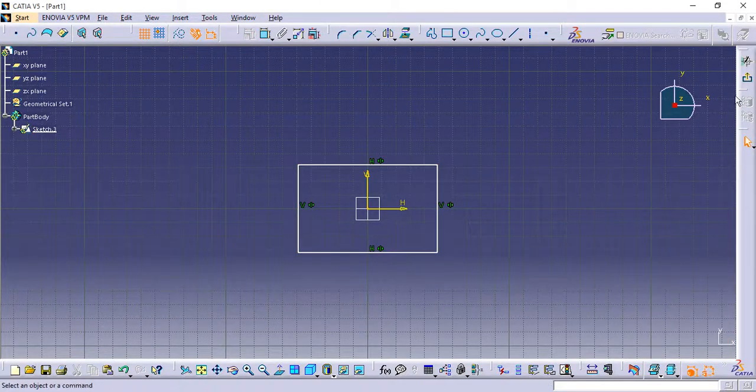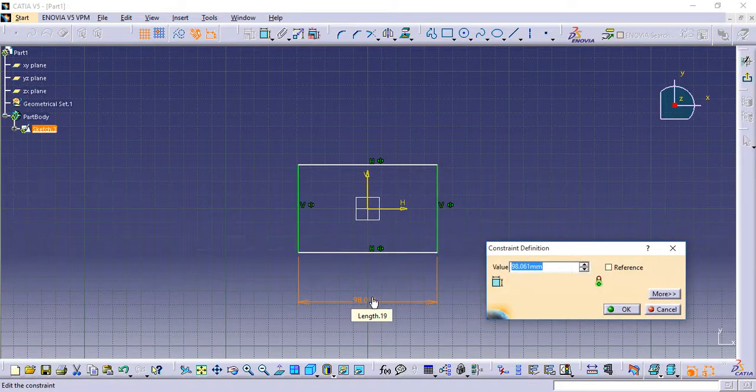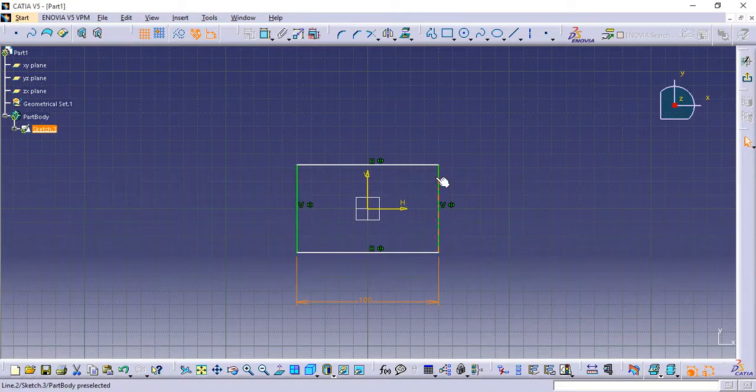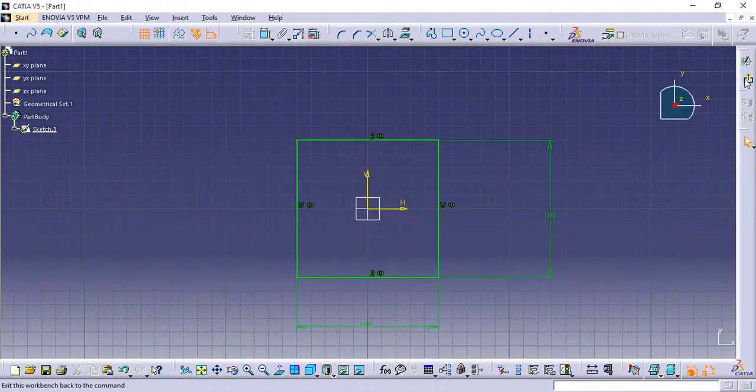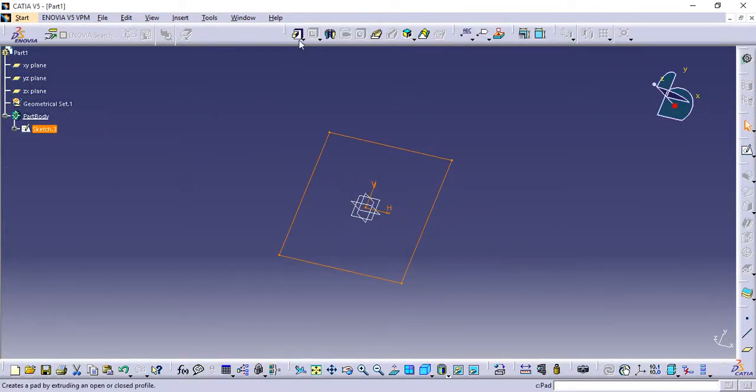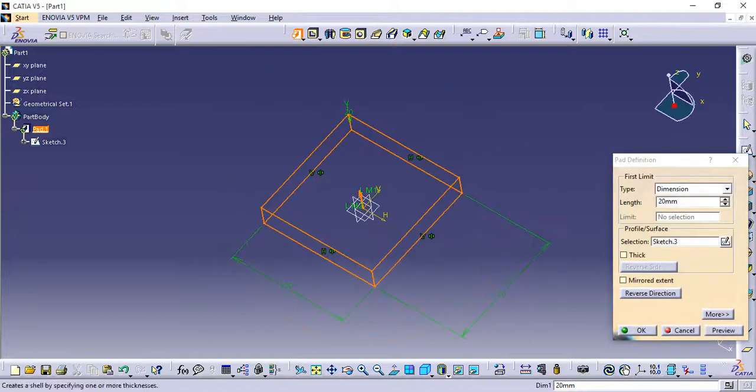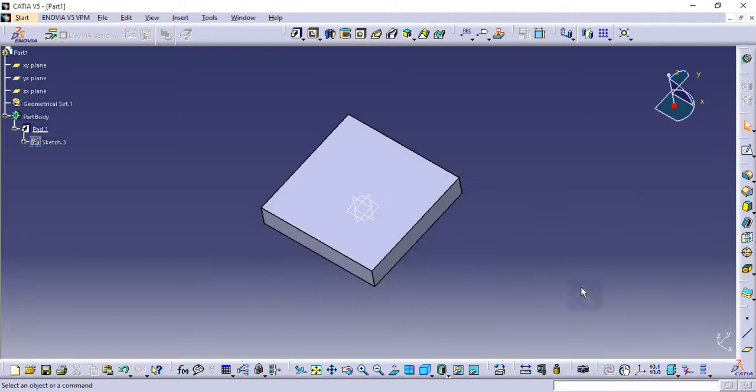Okay, I am giving the dimensions to this one, centered, and this one is also 100. So this is a fully constrained sketch. Okay, let's say pad, and the padding distance is 20. Okay, no problem.